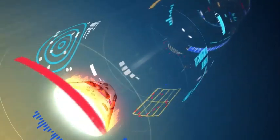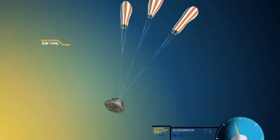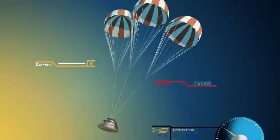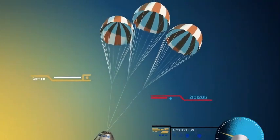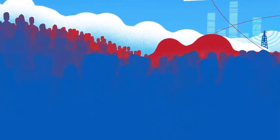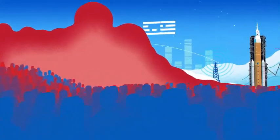With the Orion now at just 300 miles per hour, a series of parachutes uniquely tested and produced for this moment deploy, decelerating the craft to just 20 miles per hour for splashdown. With each successful mission, Artemis ushers in the next wave of men and women to explore